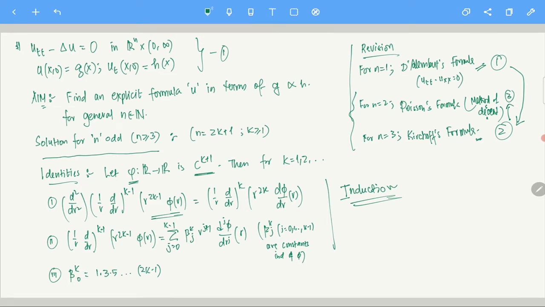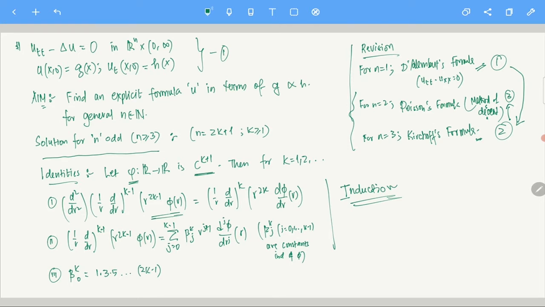Again, I am emphasizing it again and again. This will never be asked in any sane examination. What I meant is, in any real examination, they won't ask you to prove this sort of identity. I mean, there is no point of doing this thing. This is just for our use.